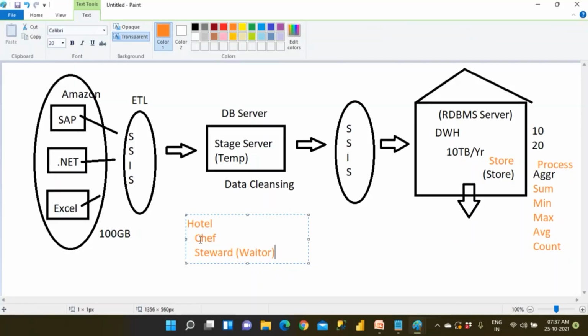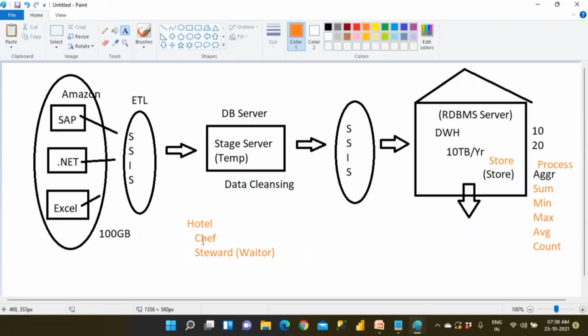But if you understand clearly, the chef can also do that. The chef can easily go to the restaurant and serve the food to the customers, right? But why is the chef not doing it? Even an RDBMS can also do aggregation and some processing, everything, because we read select sum of balance and so on. Definitely we will be able to do that. So the chef also can serve the food. Why not? But the load will be more. So there are two operations happening in the hotel: food preparation and food serving, right?